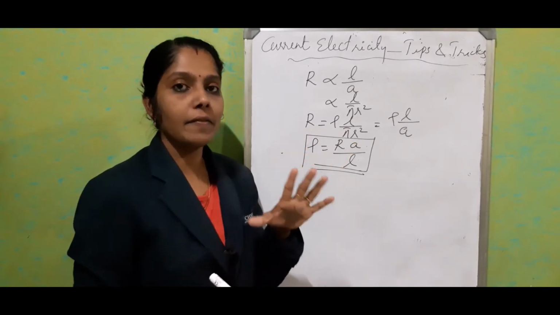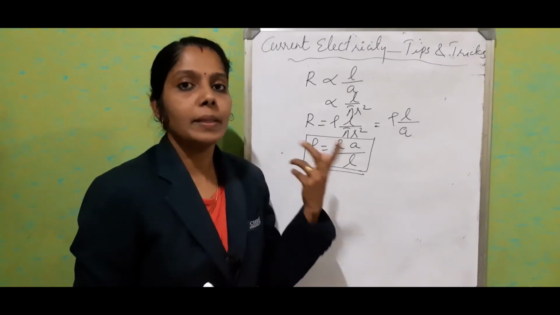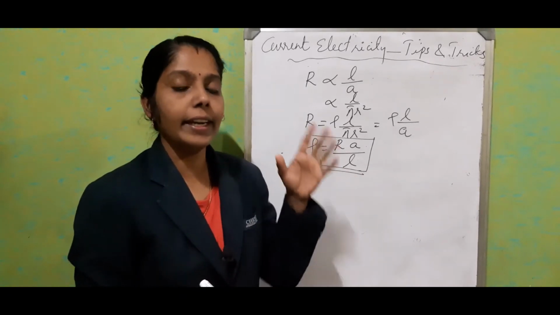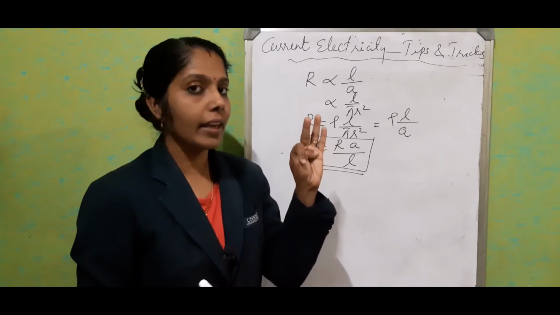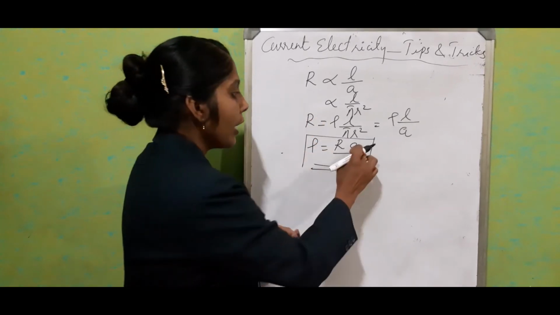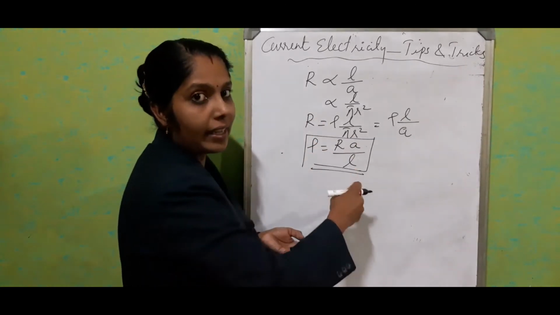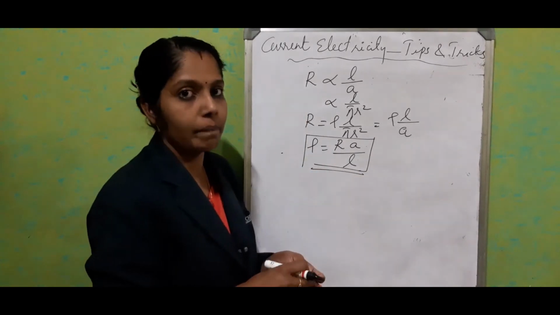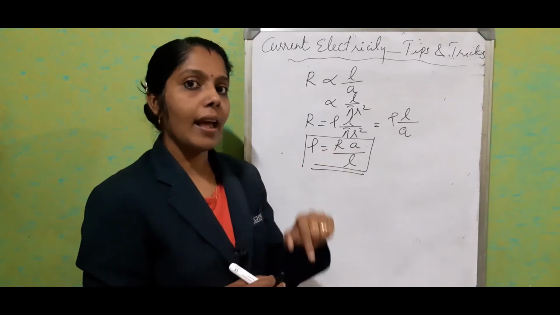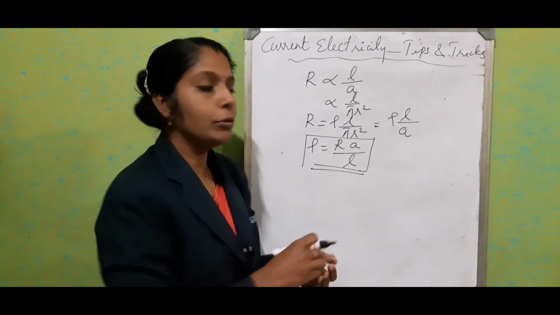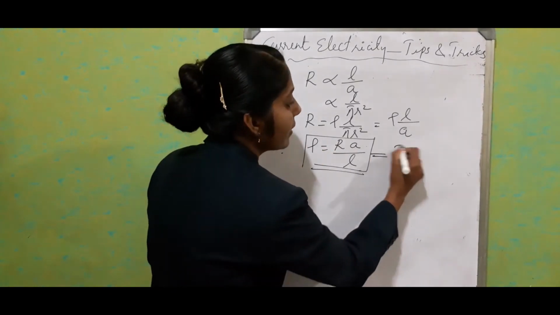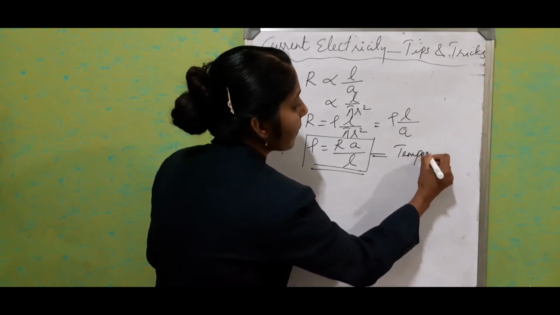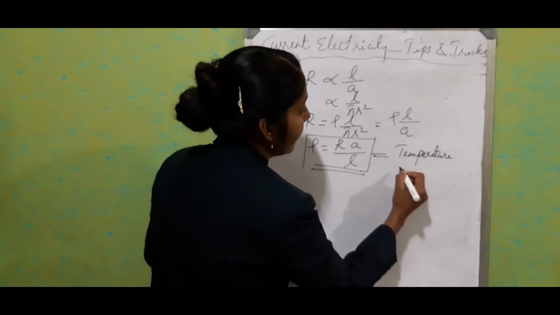Just consider the same factors which the resistance depends upon. We studied material, length, area of cross section and temperature. Since area of cross section and length are there in the equation, we can avoid those factors. We don't want to bother about that. Okay, material and temperature. These are the two factors it depends upon: temperature and material.